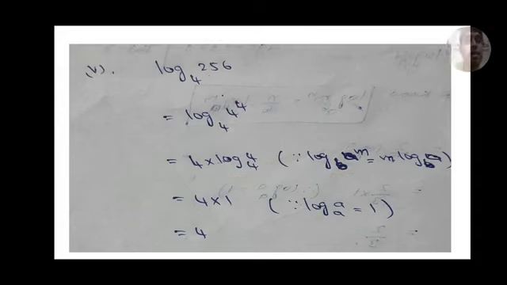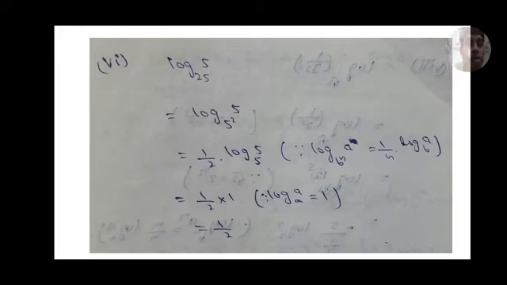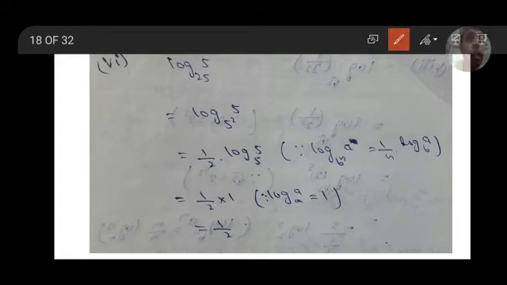Let us move to the next problem. Find the value of log 5 to the base 25. Okay, and here 25 cannot be simplified further. It is already in the simplest form. 25 can be written as 5 square, meaning log 5 to the base 5 square. So using the property log a to the base b to the power of n, here the base has the power, by the property it will come as 1 by n, as a coefficient into log a to the base b.